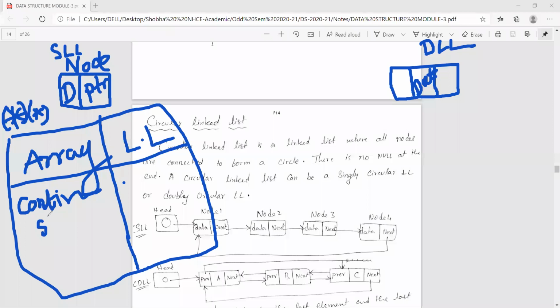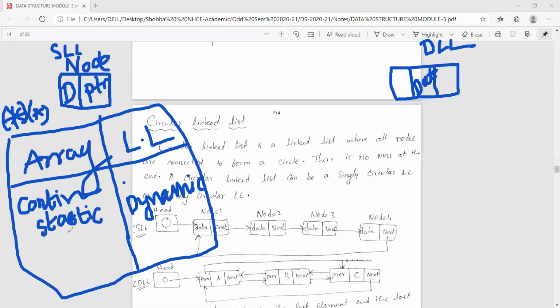What type of allocation is done here? What do you mean by static? In linked list, we use dynamic. This we already discussed.